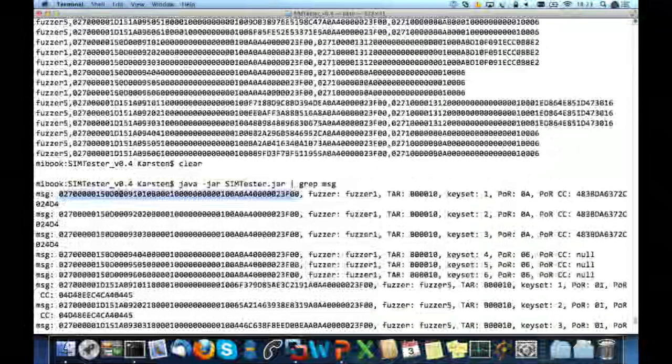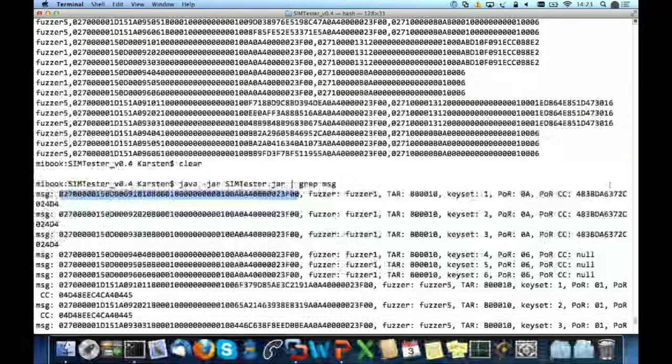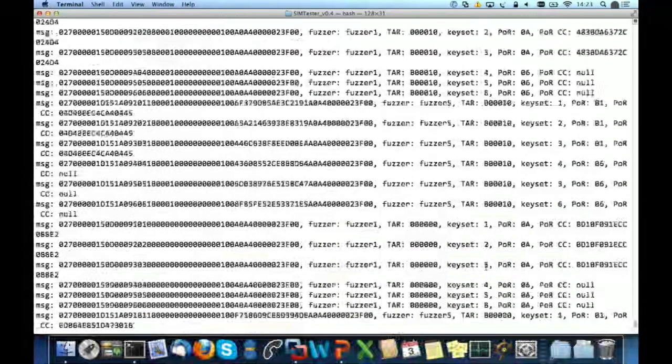Basically what this does is it sends SMS. It pretends to be the phone, and it sends those SMS that it received onto the SIM card, and then sometimes the SIM card responds with a cryptographic signature. That's what you see at the end. Sometimes it doesn't. And this goes through, as I said before, kind of brute forces the different keys, at least the first 6. There's actually more, but in our experience, they're never really used.